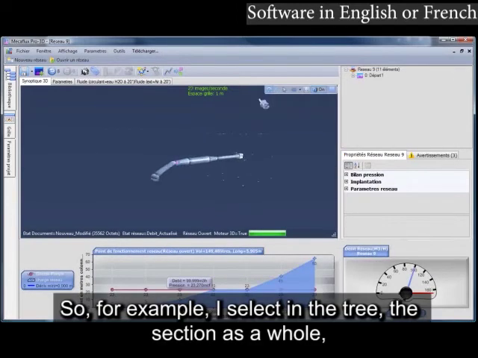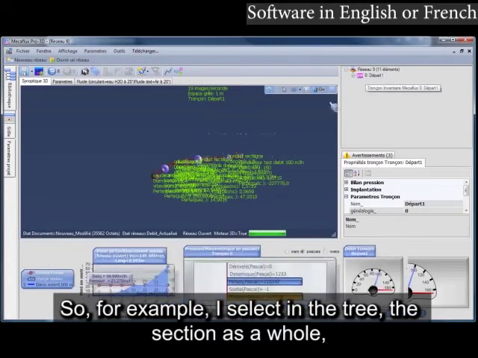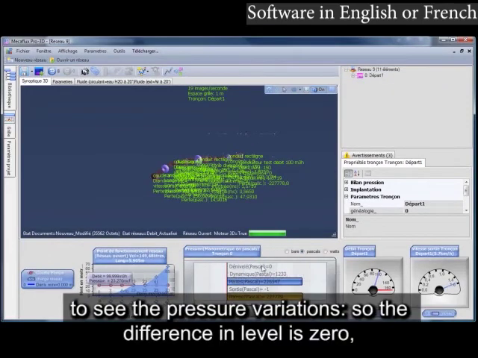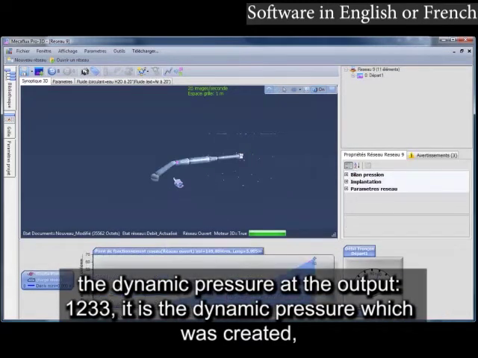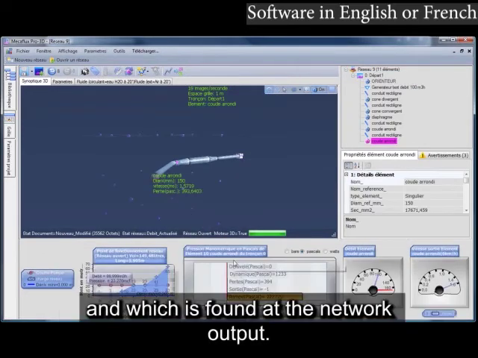So, for example, I select in the tree the section as a whole, to see the pressure variations, so the difference in level is 0. The dynamic pressure at the output, 1233, is the dynamic pressure which was created, and which is found at the network output.